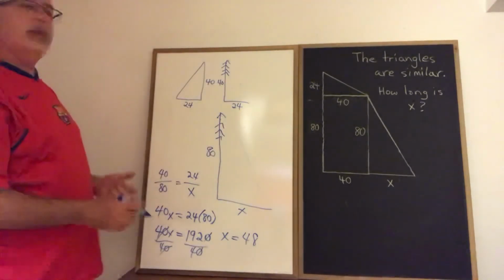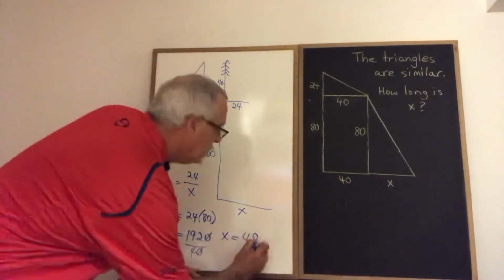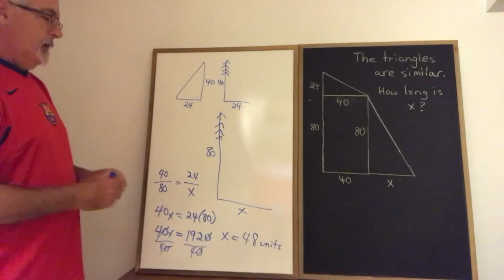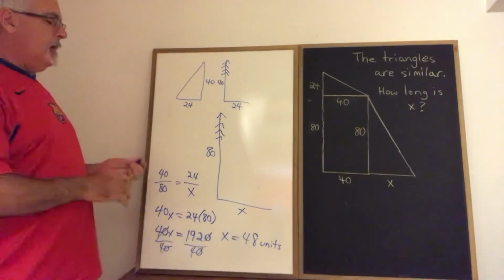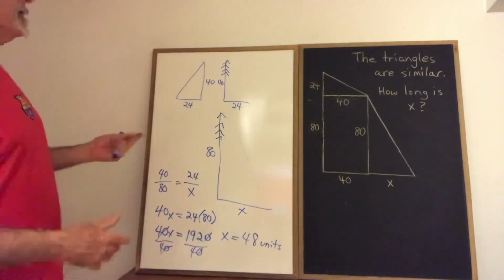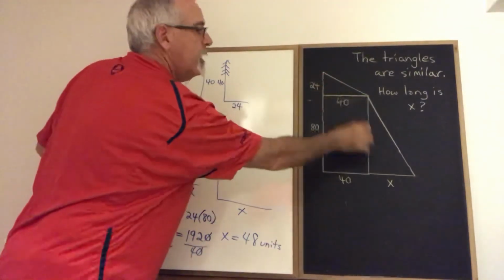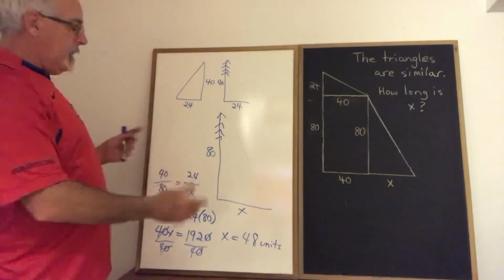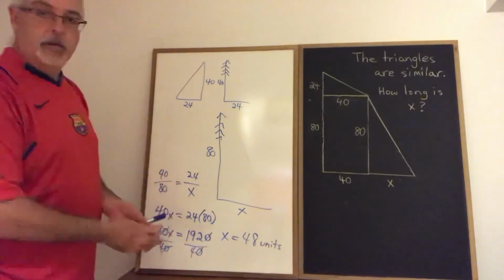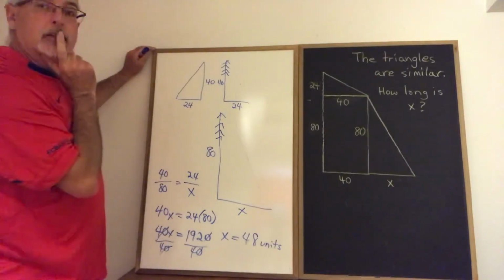Well, no unit of measure was given, and the advice I always give students in geometry questions when they don't give you a unit of measure, use the word units as your unit. This is a useful habit to be into that can pay off sometimes, depending on the type of question. So whether you see this as a tree shadow proportion or just as a similar triangles situation, either way you are going to use a proportion to solve it, and that's how you give the answer and justify your answer